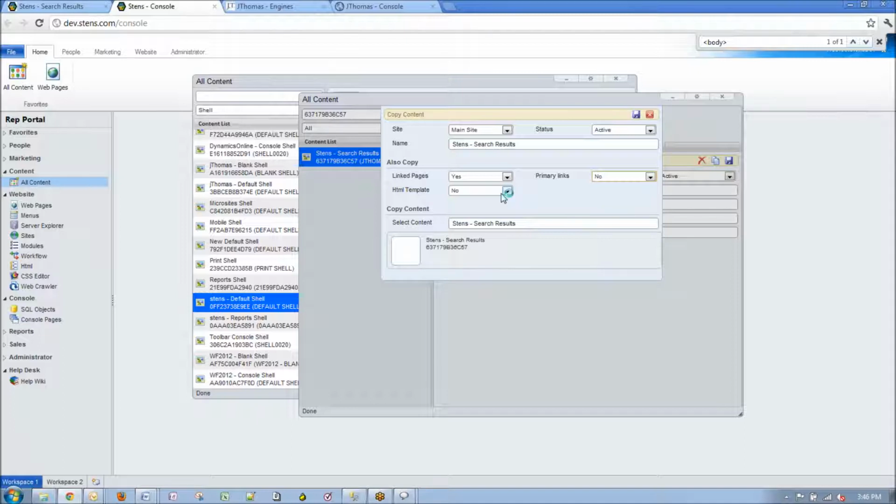If you say no, that doesn't mean you won't have HTML available. What it means is this will use the same template as the thing you're copying, the same exact template. So if you were to copy this search results page, for HTML template, you're going to say yes, or you're going to say no. That means your new page will be, either way, no or yes, a